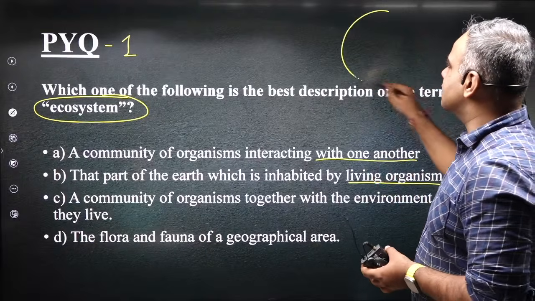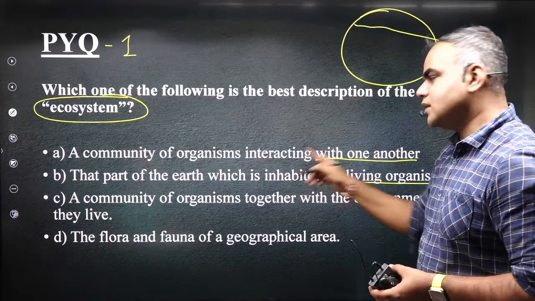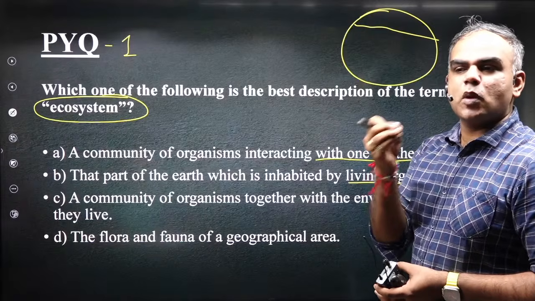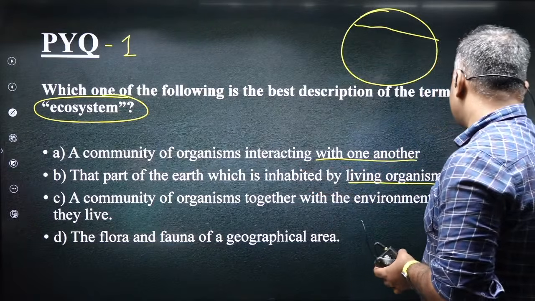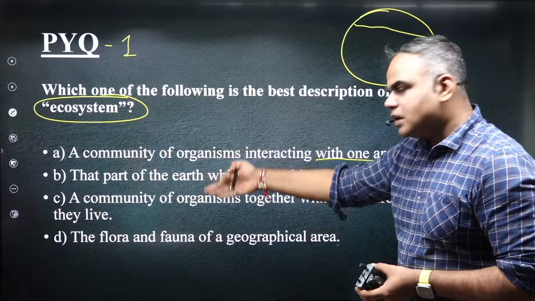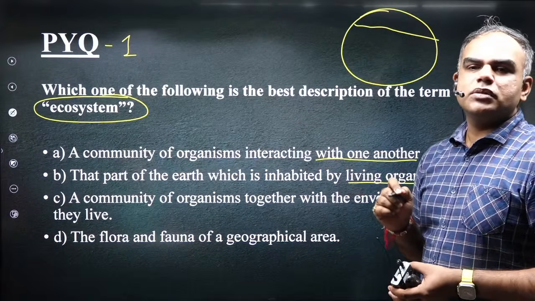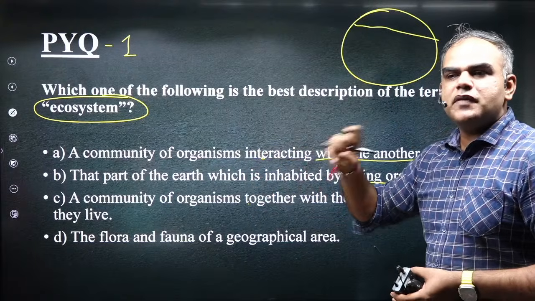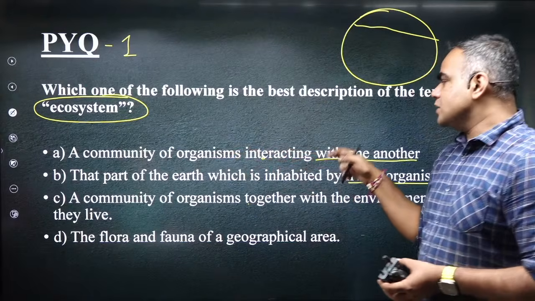It means, let's see, this is earth. They're talking of that part of the earth where life is possible. What is this? Which part of the earth? या फिर जब earth में where life is possible, what is that known as? Biosphere. So this does not give me the right example. इसको मैंने हटा दिया. फिर क्या है? A community of organisms. ये तो मुझे similar लग रहा है. A community of organisms together with the environment in which they live in. Now between A and C, you tell me which is more comprehensive in nature. पहला क्या बोल रहा है? A community of organisms interacting with one another.